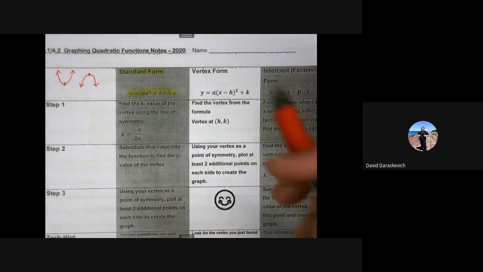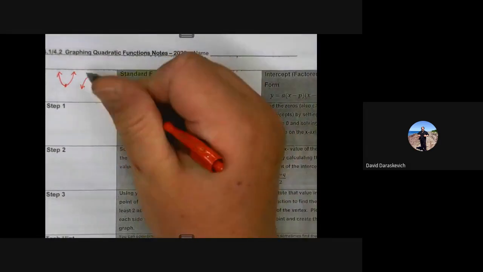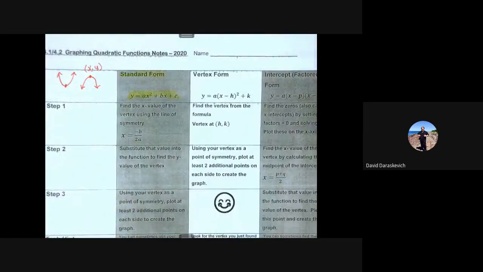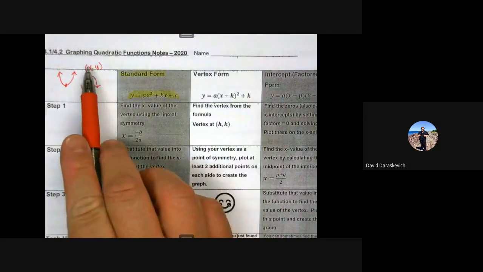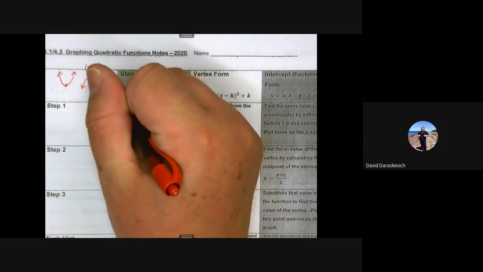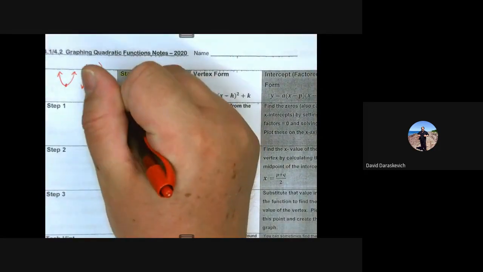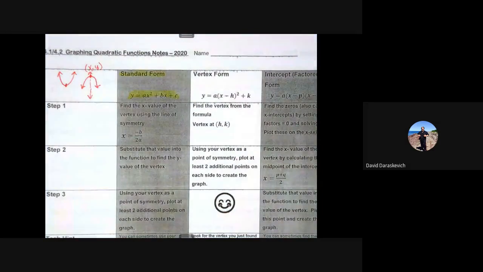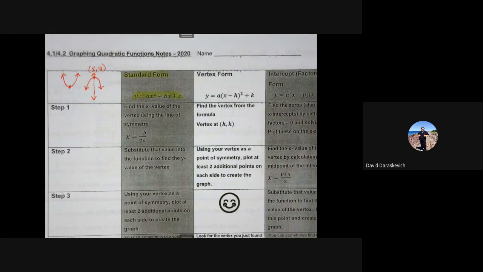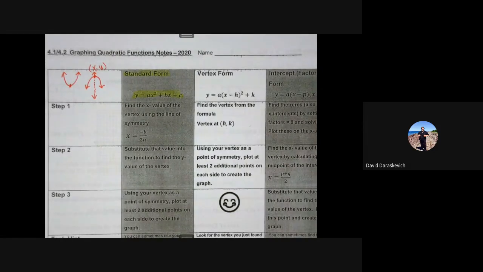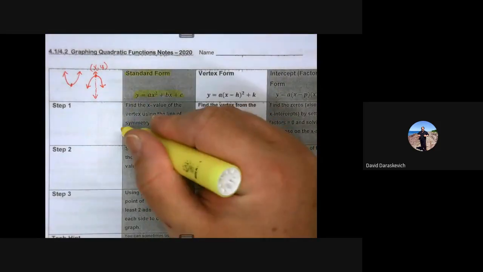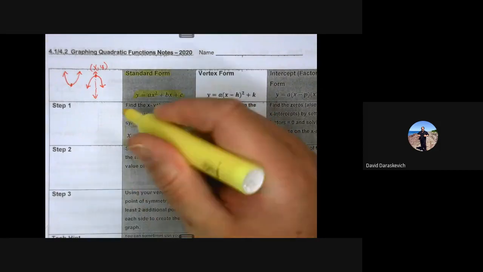Okay, so that's our vertex. To get the x value, remember that's a point, x, y, right? To get that x value, because there's a line of symmetry, if you remember back from Algebra 1, there's a line of symmetry there at the x value of the vertex. So that's really important to find that x value. And again, I apologize for the darkness of the copy, but to find that x value or that line of symmetry,